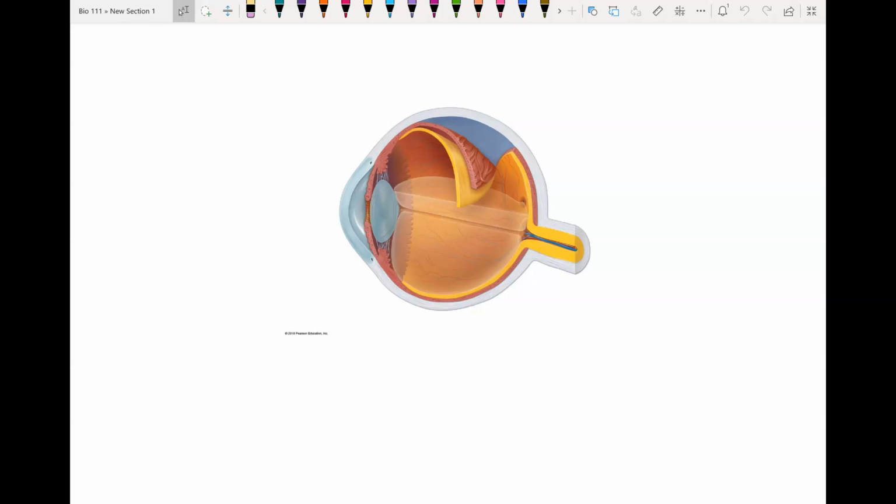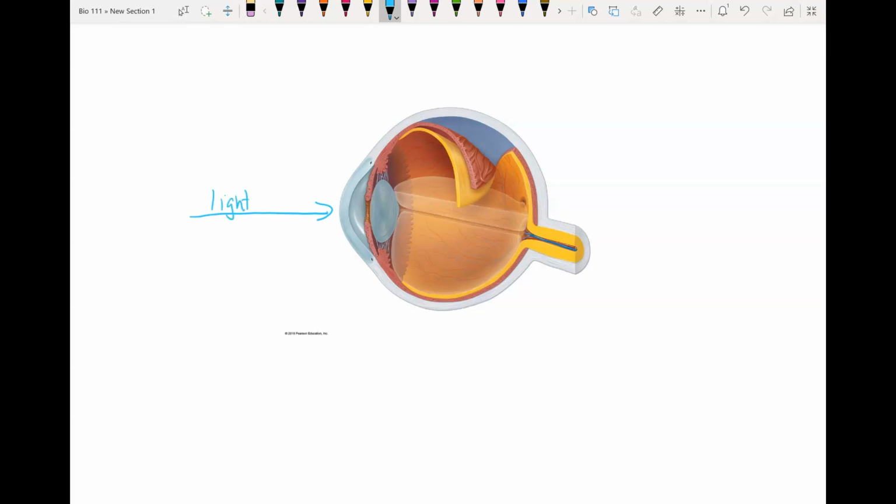This video is going to give you some more information about the eye and to help explain some of the things in the book. So we're going to start off by following the path of light through the eye and go over the basics of how you see. So if we think of a ray of light,